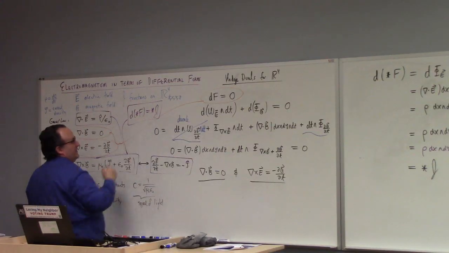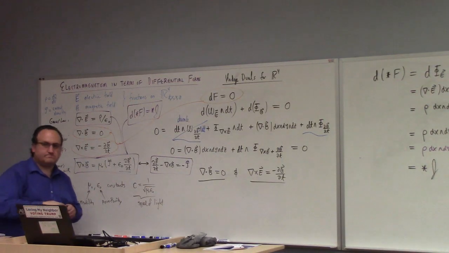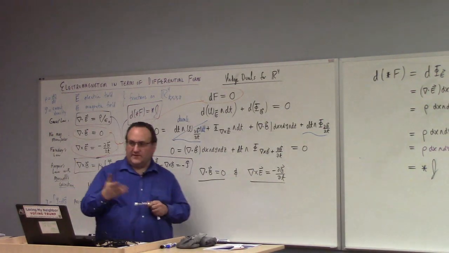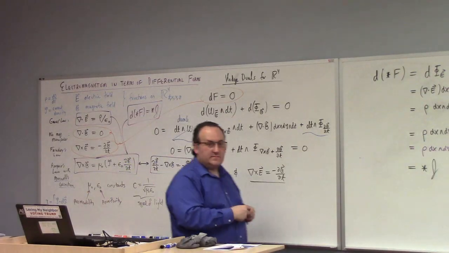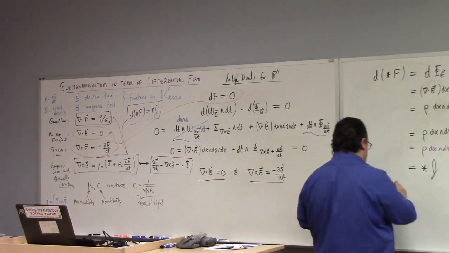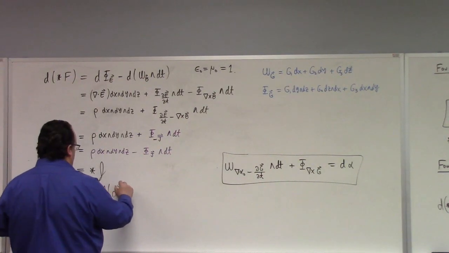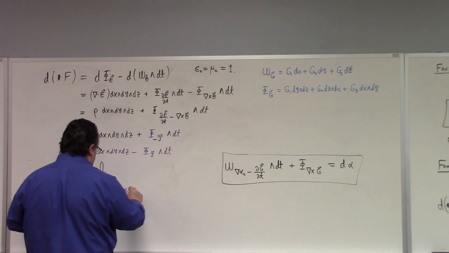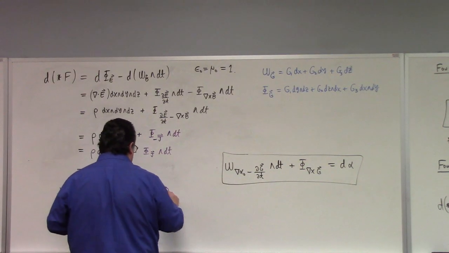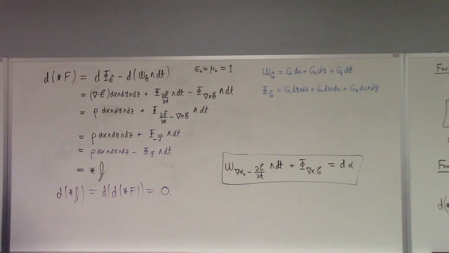This is the other two Maxwell's equations. Conservation of charge is then immediate because the exterior derivative of the Hodge dual of J is the exterior derivative of the Hodge dual of the Faraday tensor, which, by the way, is 0. So yay, charge is conserved,